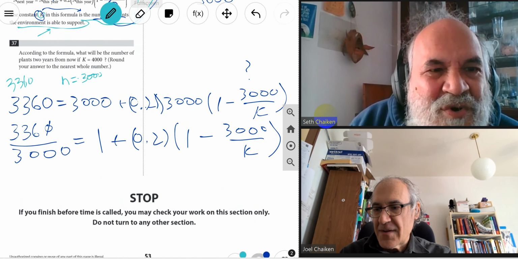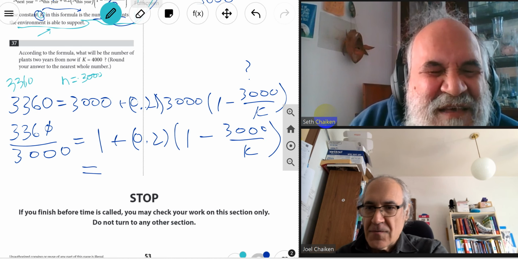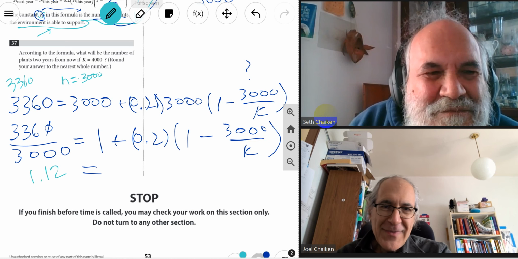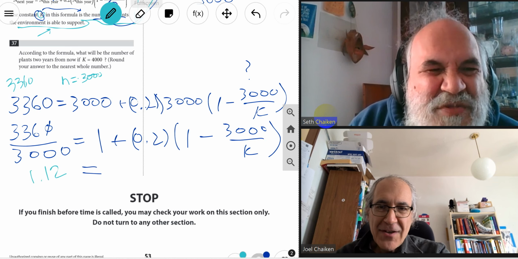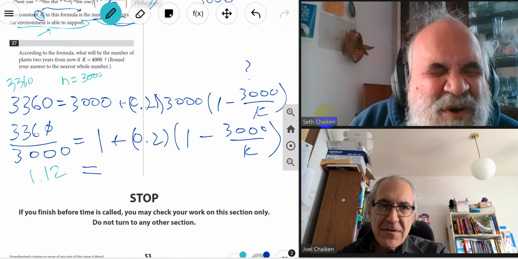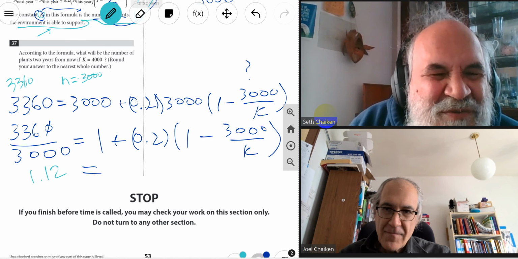Please calculate the left-hand side: 3360 divided by 3,000. You have to tell me how. Oh, I did that already. 1.12. Yeah, it looks right. So 1.12